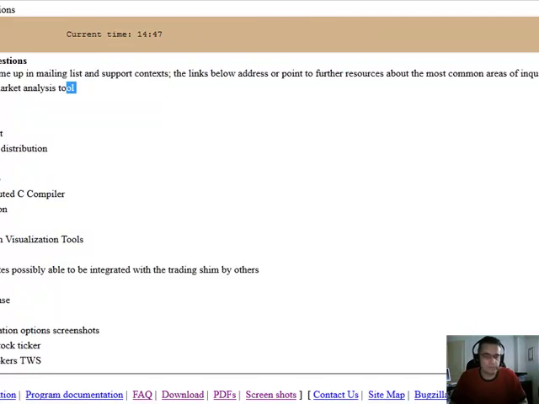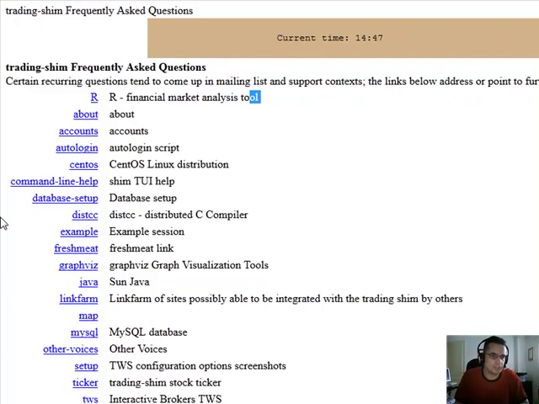You can do the same thing with C++ and R, and you can have C++ directly call your R. There's various options available, no different than with MATLAB, using the JBuilder, the .NET Builder, and the MATLAB Coder. And again, using C++, I do have the ability to recode all my MATLAB M scripts into C++, and they could still be used with this product here, the trading shim. So I have loads of options here, which is really nice.